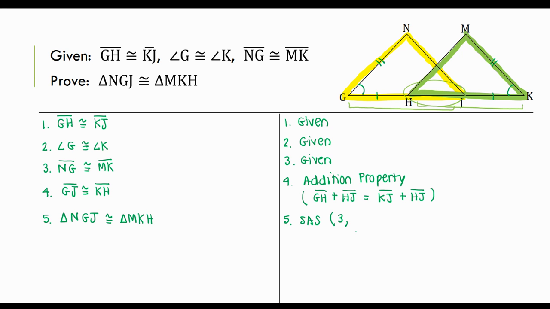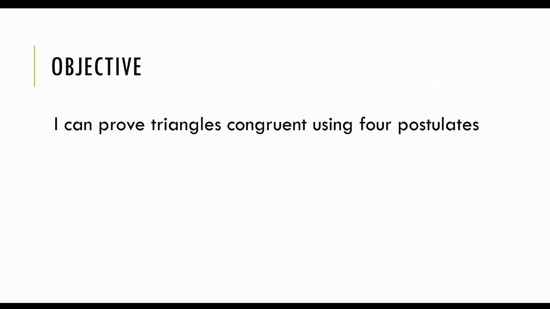Then I want the angle. Well, where do I have my congruent angles for the triangle? That came from step number 2. Step number 4 with the addition got me my other set of sides. And there's my proof. All right, so that's us proving triangles congruent using those 4